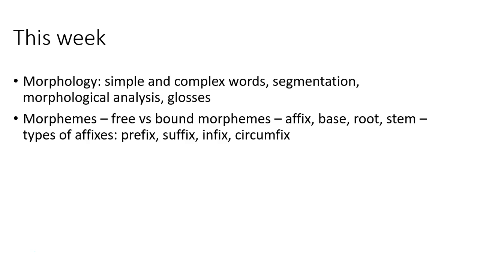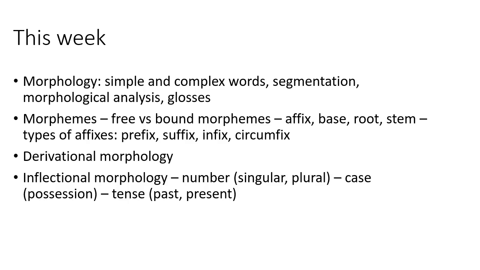We can have a prefix, which goes at the front of a word, a suffix, which goes at the end, an infix, which comes into the middle of a word, or a circumfix, and that's two morphemes which function together and go round a word, almost like a bracket made of words. We'll be looking at derivational morphology,